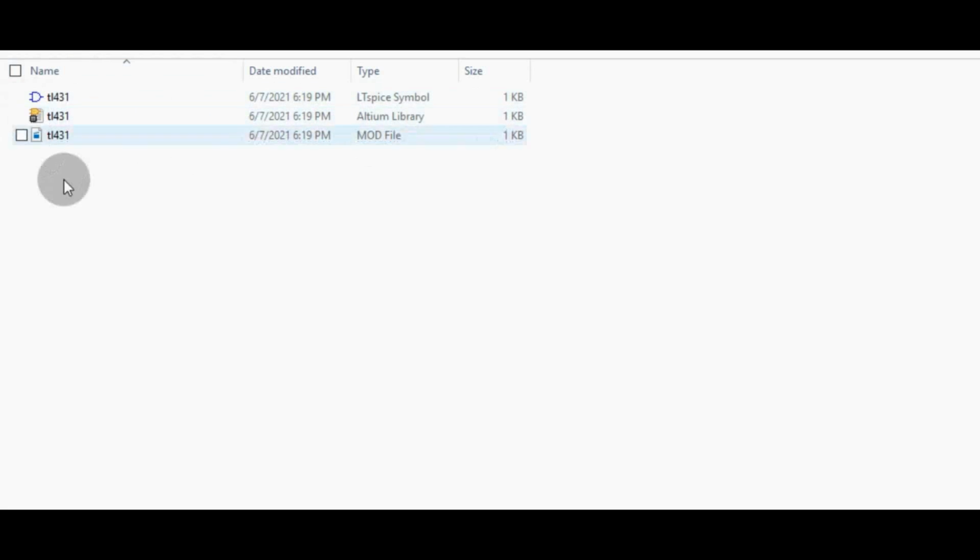So with these files I will be able to add them in the LTSpice library, and I will be able to simulate the TL431 in my LTSpice. Okay, so hope you know how these files look like. This is .sym, this is .lib, and this is .mod file, right?